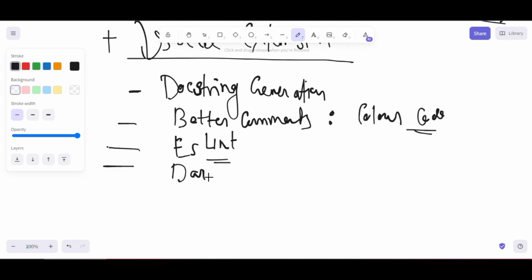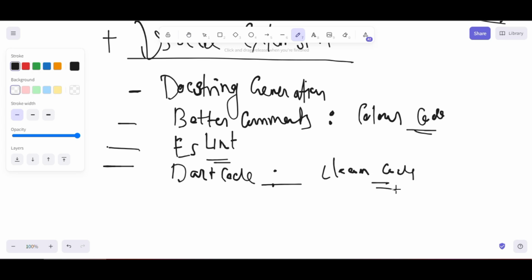For Python, that is the docstring generator. For Flutter guys, Dart Code is one particular extension that assists in writing better Dart code and follows the clean code standards. If you want to maintain clean code standards, go and check out Dart Code.